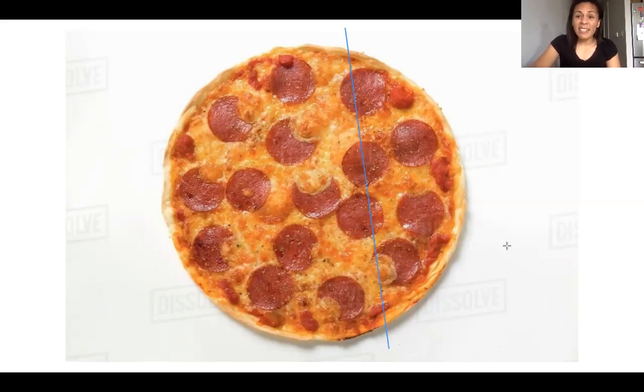No? Still not right? Oh my goodness, it's still not fair. I wonder what I could do to make it fair. What could I do to make this fair? Oh, I could split it somewhere in the middle so that both pieces are what? Equal, right? Let's try that.